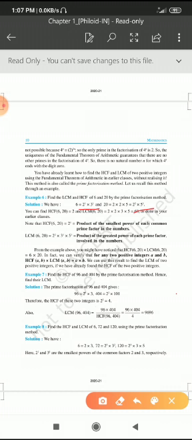So, to find the HCF, take the product of the smallest power of each common factor. First of all, see the common factors. Which is common among these numbers? Only 2 is common between the two numbers. So, what is the smallest power of 2 here? 2 power 1. The smallest power of 2 is 2 power 1. So, the HCF of 6 and 20 will be 2 power 1.